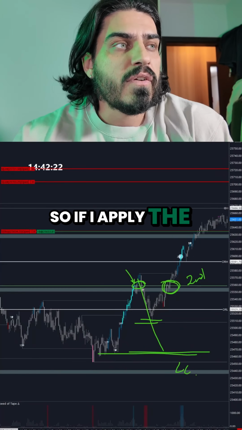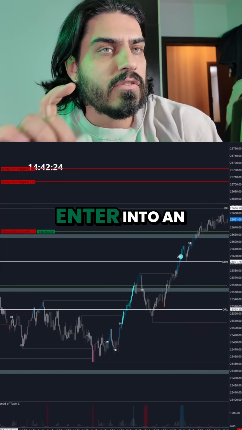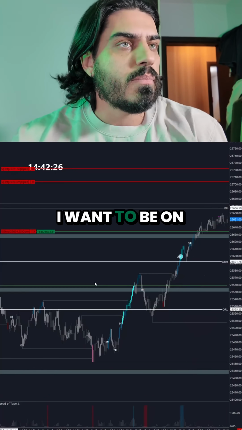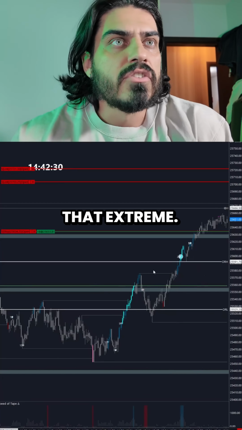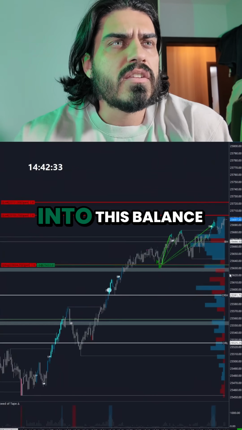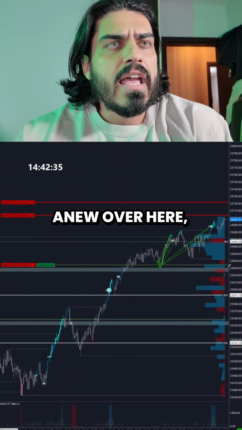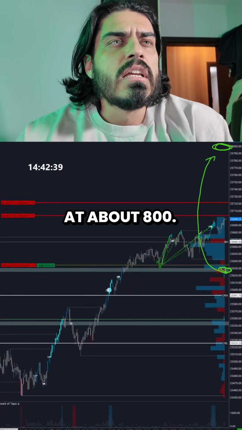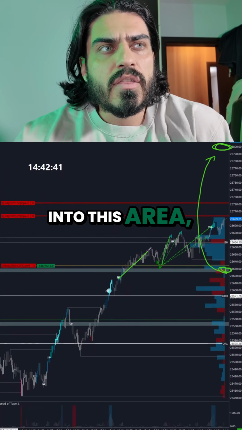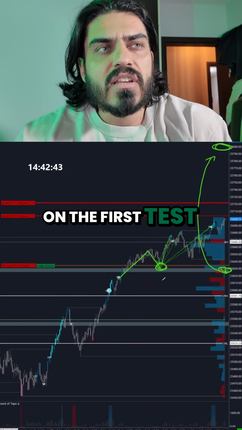So if I apply the first test, meaning every time I enter into an area of balance, I want to be on the first test of the retest of that extreme. So for instance, if I'm moving into this balance anew over here, and this is the balance bottom, the top is all the way up here at about 800. So if I'm moving into this area, then I want to be on the first test of this region